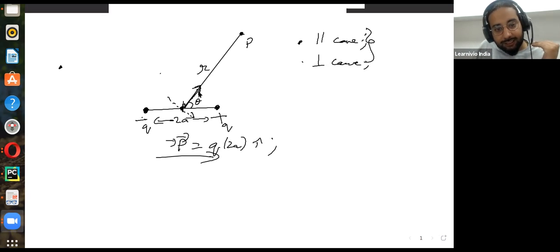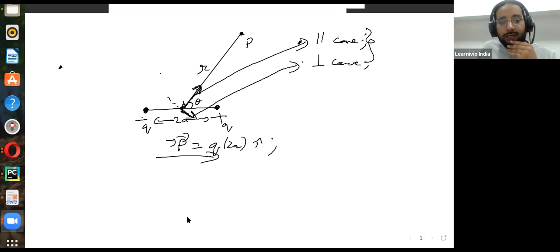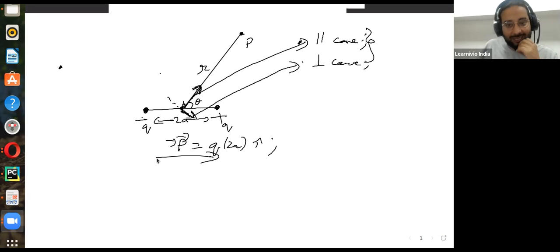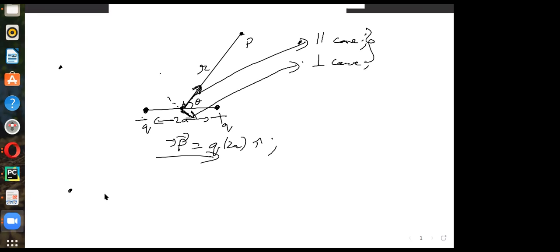The moment in this direction will essentially be the same thing as the parallel case, and the thing in the perpendicular direction will essentially be the thing in the perpendicular case. Does that make sense? So basically we shifted the frame. Yes, absolutely, that is exactly what we're doing. We are just dividing P instead of writing the whole electric field and then adding it together. So we are coinciding R with the perpendicular one and the other one with the parallel.